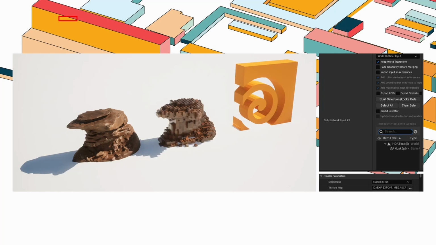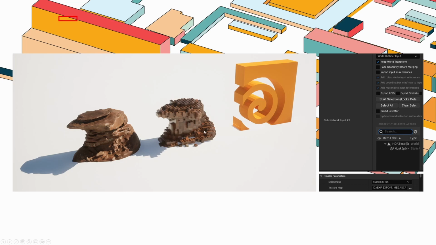So this is our final HDA inside Unreal Engine. So all you do is you drag that big orange Houdini logo into your scene, and then you can see on the right hand side we have some options over there, and the way that they've integrated this into Unreal is actually quite handy. You can change the geometry input to world outliner input, and then you can simply go into your world outliner and select whatever you'd like to convert for your input geometry. So in this case, I've just selected this Megascans rock, and then it computes for a few seconds and outputs